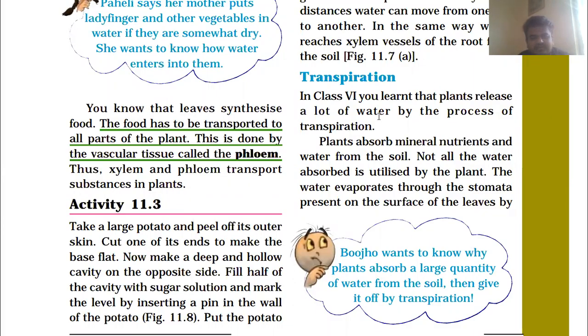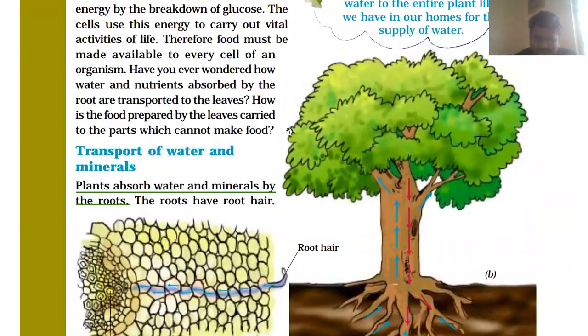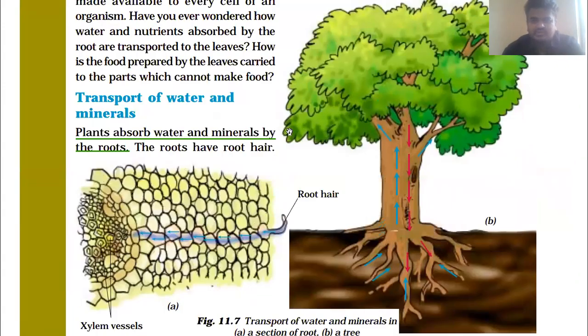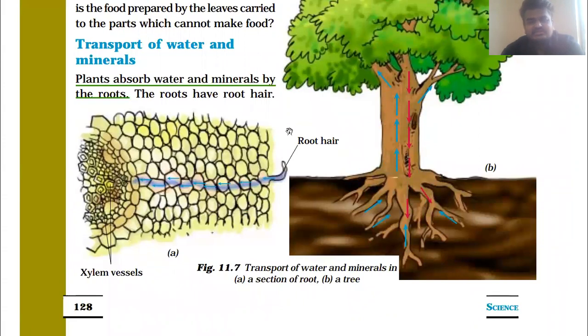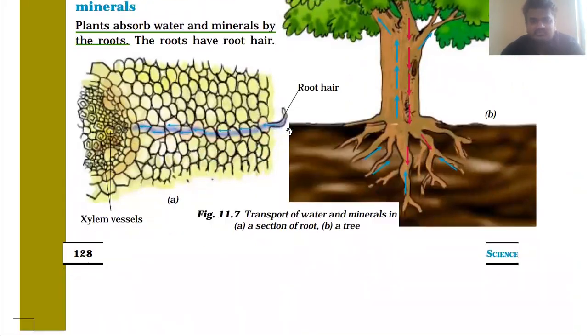Good morning, all friends. In the last session, we were discussing the transport of water and minerals in plants. We have seen that with the help of roots and root hair, plants absorb water and minerals from the soil, and it is transported to the leaves, because only leaves can make food